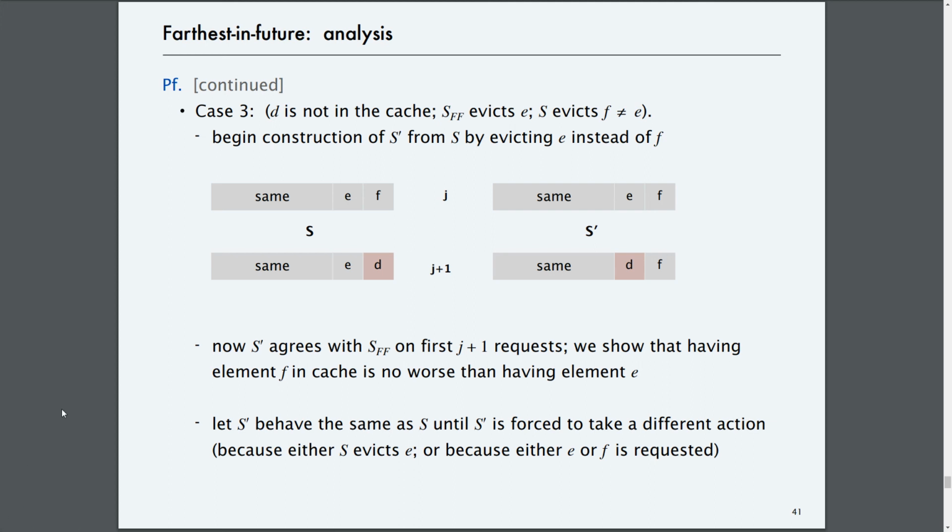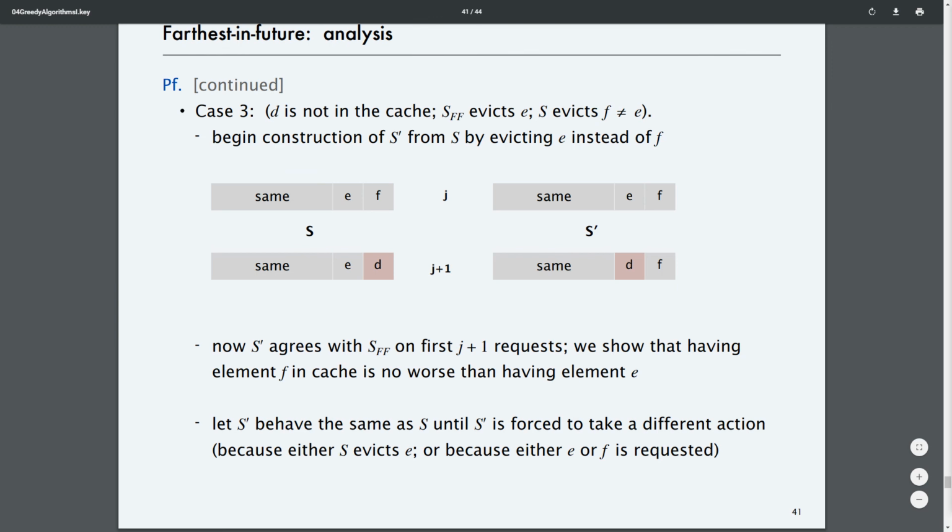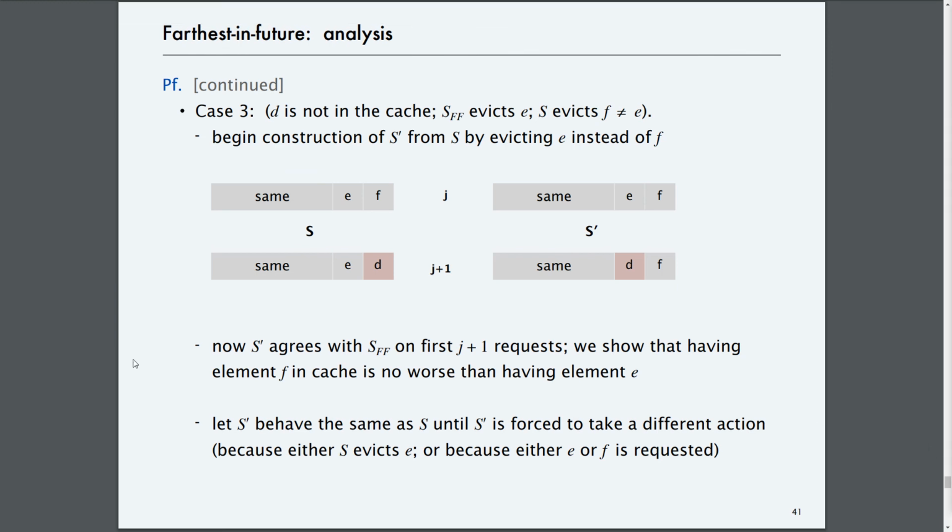And now S prime agrees with our farthest in the future schedule on the first J plus 1 requests. And we show that having the element F in the cache is no worse than having element E. So again, it's this argument that we're not making things worse. Okay, so let S prime behave the same way as S until S prime is forced to take a different